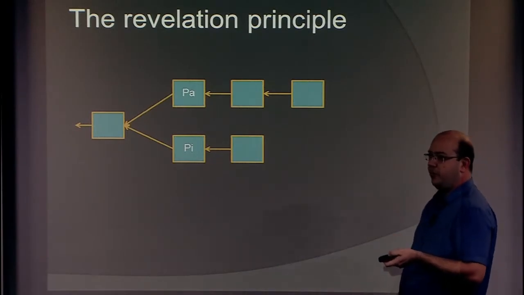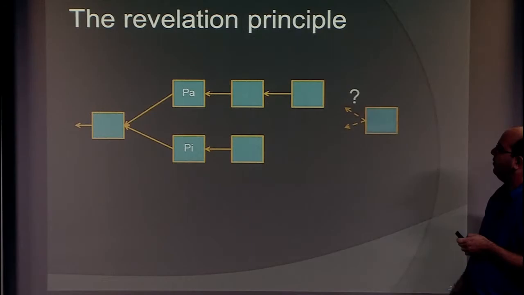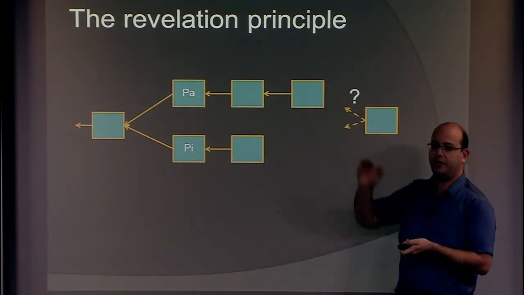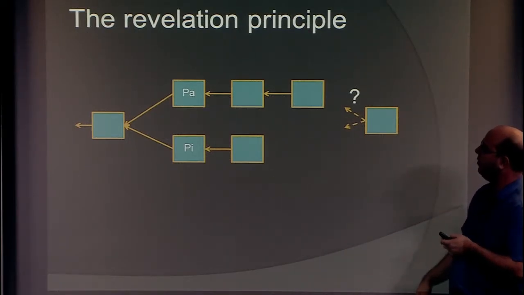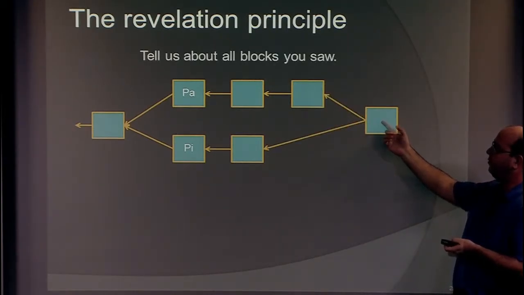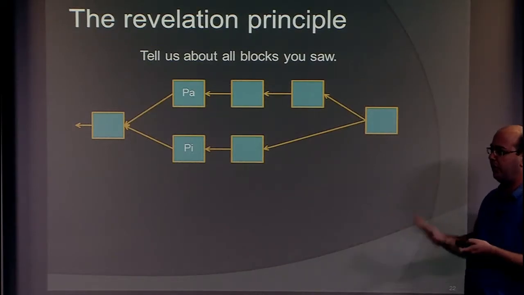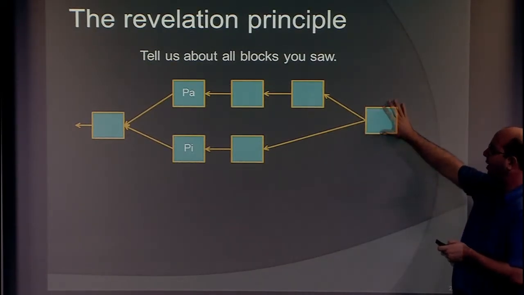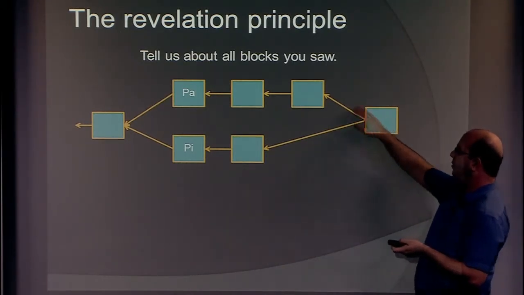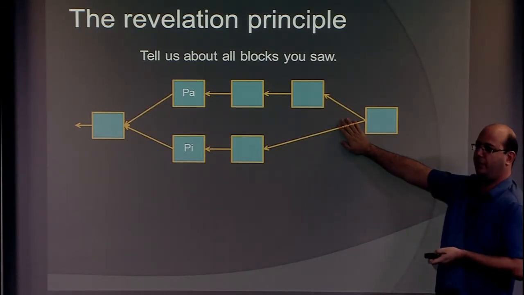Another very nice thing that we can do also comes with an inspiration from mechanism design, right? This block shows up, and we have a rule, you need to pick the longest chain. So that's one way of thinking about it. But what if we apply the revelation principle? So we tell them, okay, don't pick a chain, just tell us everything that you know. And we will push the decision into the rule itself. So when I see this block pointing to these two, if I want to follow the longest chain rule, I can say, okay, this is obviously the longest chain. And I can forget this link, right? So this is the revelation principle